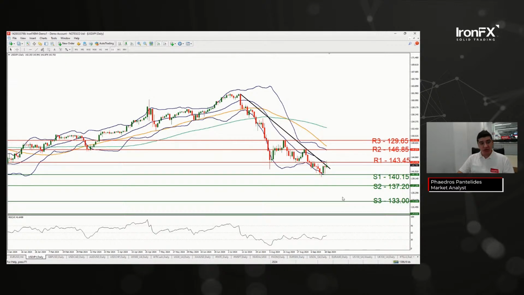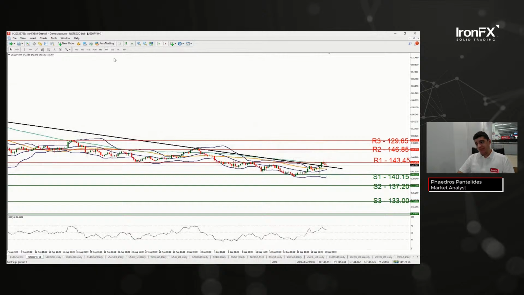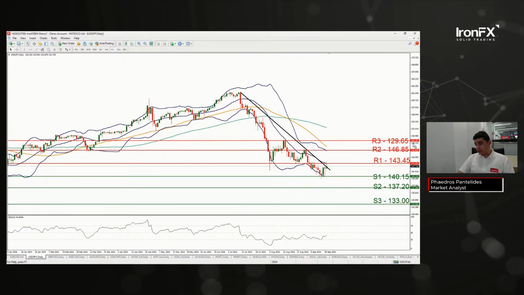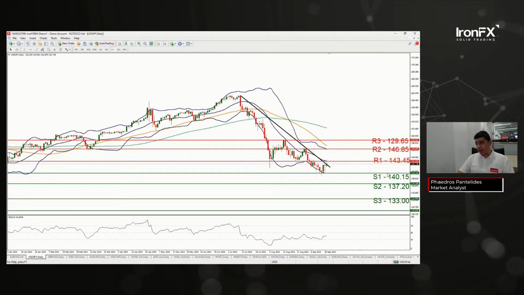On the daily, though, with RSI being at 40, it does imply a bearish market sentiment. So, from a more macro perspective, one could be bearish for the dollar against the Japanese yen. Whereas on the 4 hour, we would actually maintain that sideways bias up until the BOJ's decision in tomorrow's Asian session. For now, though, the S1 and R1 support levels do appear to be valid, so have been validated before. Same with R1, tested and validated today.